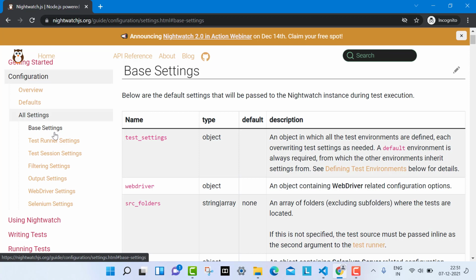So your configuration file should be made in a way that it contains all the required fields, and whatever data you are giving should be correct. Okay, so I am stopping the session today, and from tomorrow we will see how we can start with the base settings and what the use of the base settings is in Nightwatch.